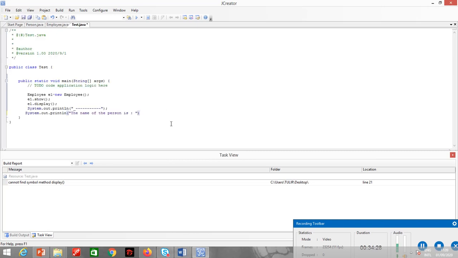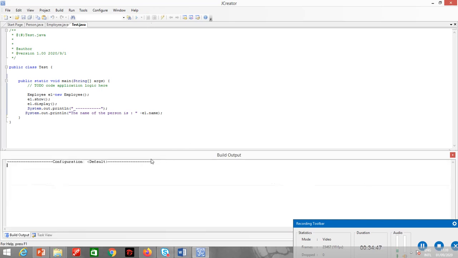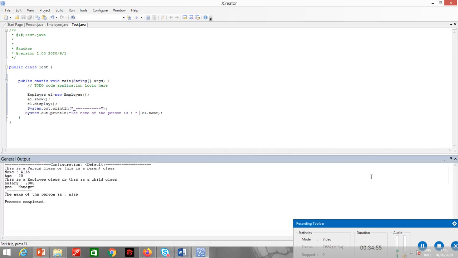I will use the object of the child class, E1.name. Name is the variable defined in the Person class. So let's check it. So the name of the person is Alia.